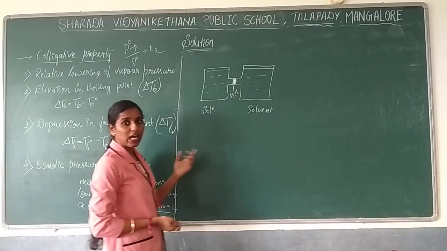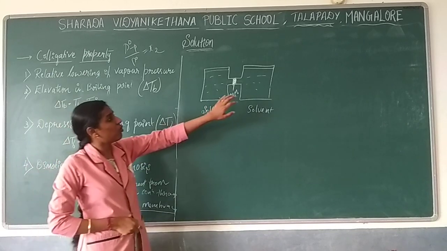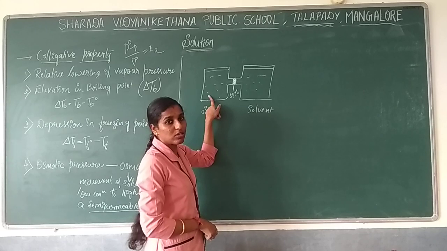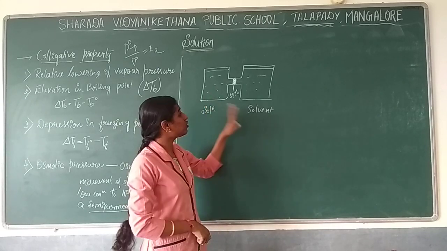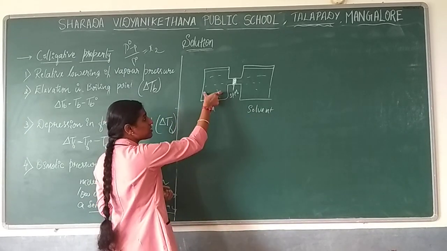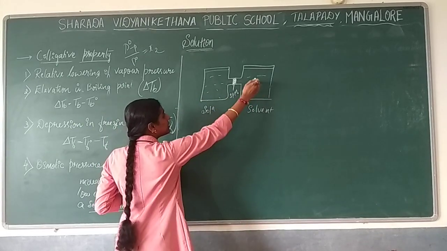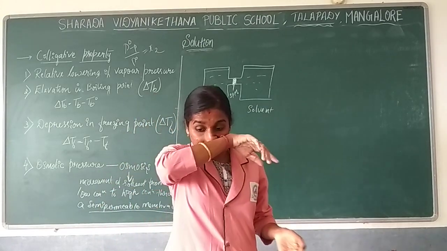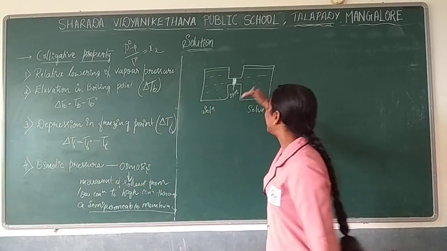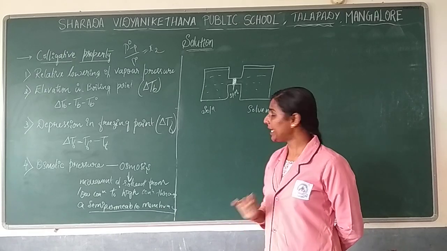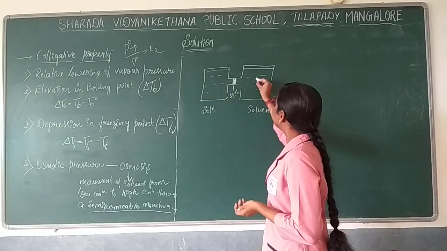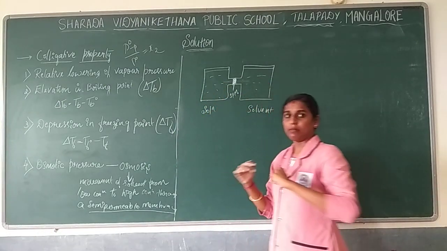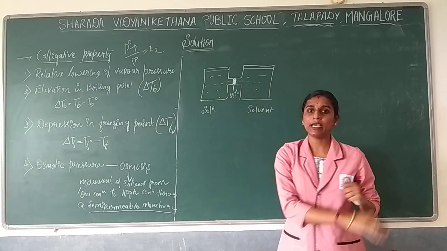So how will the movement of the particle be seen if it is osmosis? Understand, solvent moves from low concentration to high concentration. The solution concentration is high over here, so the solvent started moving from low concentration to high concentration. It moves until both attain equilibrium. So till then the movement of particles will be seen.